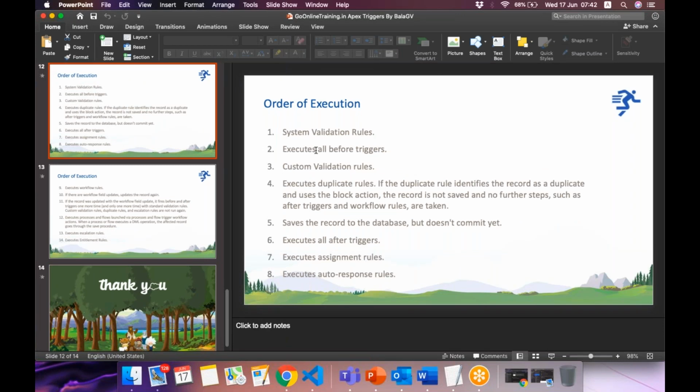We call it order of execution, and for every record which is getting saved, all these steps will be executed.